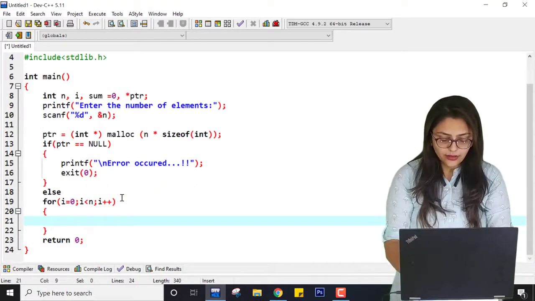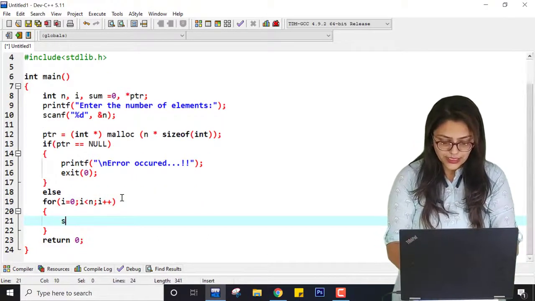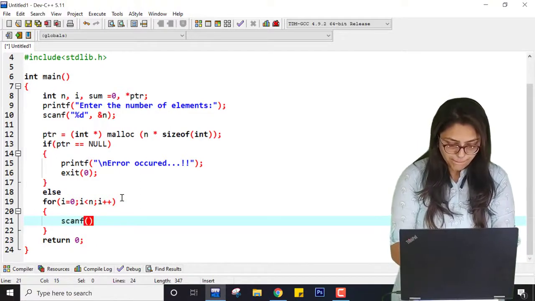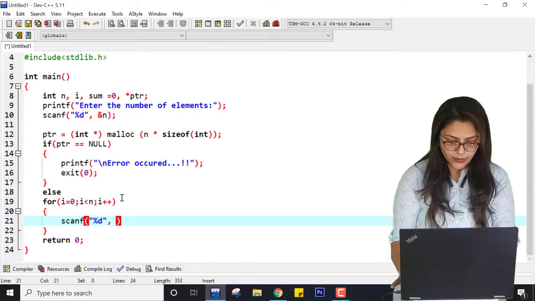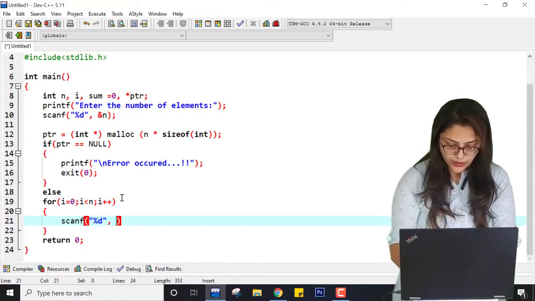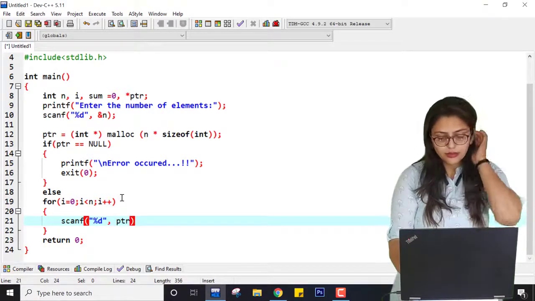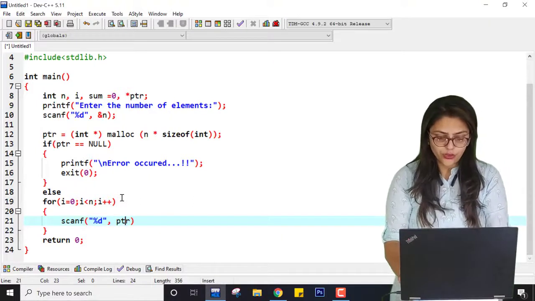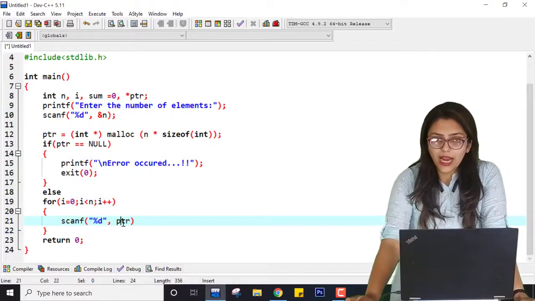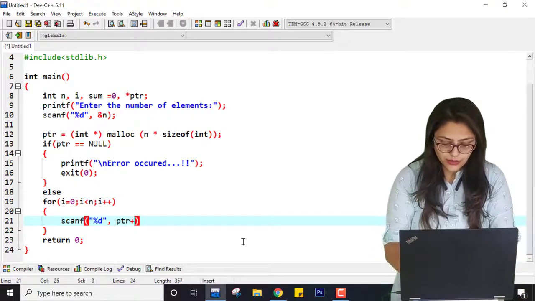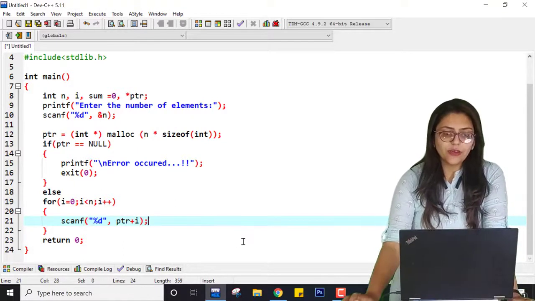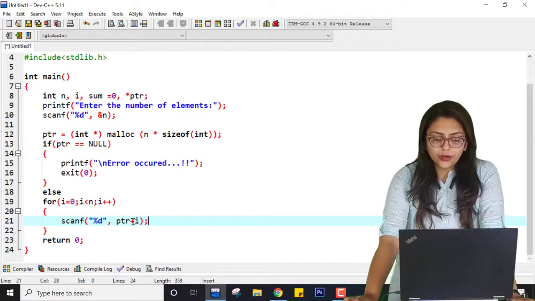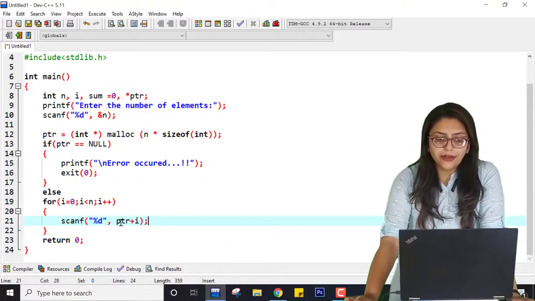I'm going to add scanf %d, and here it will be ptr, or you can say address, ptr is nothing but the address, right? So you can say ptr plus i. So the value will be added to 0, ptr plus 0, this is a kind of pointer addition.